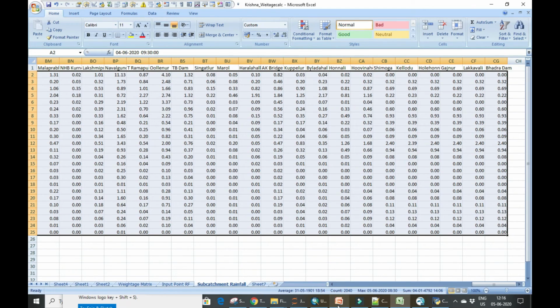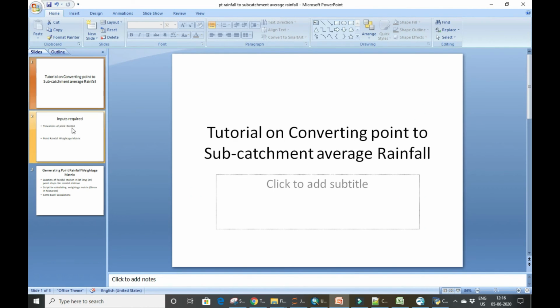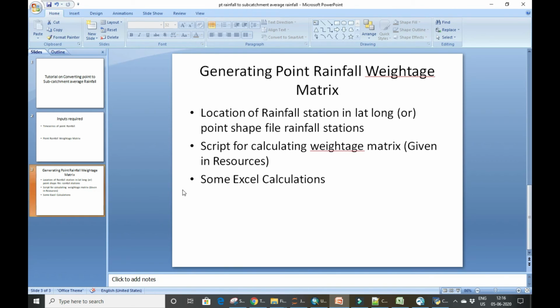I'll recap what we did. In the previous tutorial we knew that we need a point rainfall time series and also a weightage matrix. So first we went down to create the weightage matrix. This creation of the weightage matrix is a one-time job, you don't have to do it every time. For this you need the shapefile of your rainfall stations, and then you need to create a Thiessen polygon, and using the Thiessen polygon and your subcatchment shapefile, we discussed the script, and then using that script we created something called merge.shp. Using that merge.shp we did some post processing using Excel, and then we finally created this weightage matrix